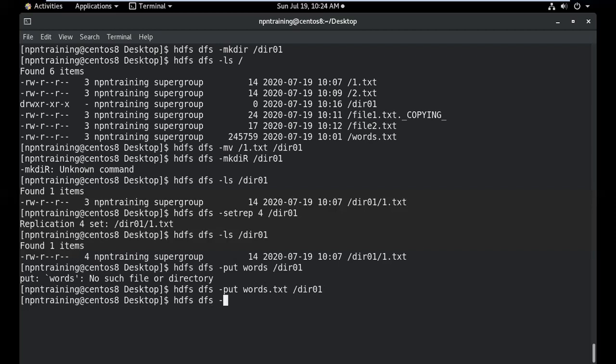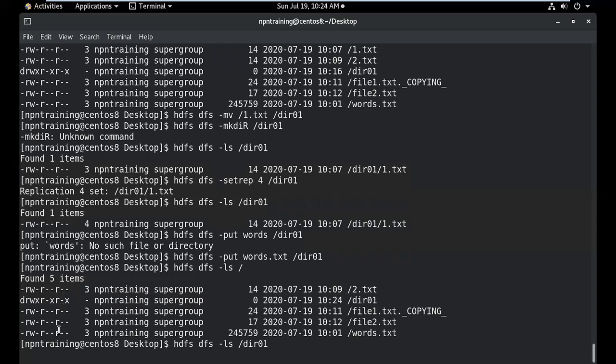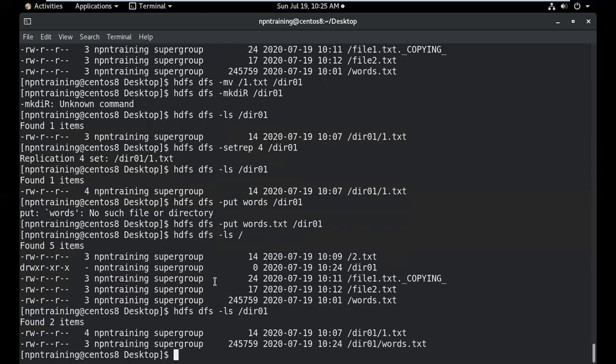hdfs dfs -ls / when you do, so you will see, not slash, dir01. Now, if you see this, very important, the replication factor will still remain 3. This is a very, very important question because the replication factor is never applied to the directory.